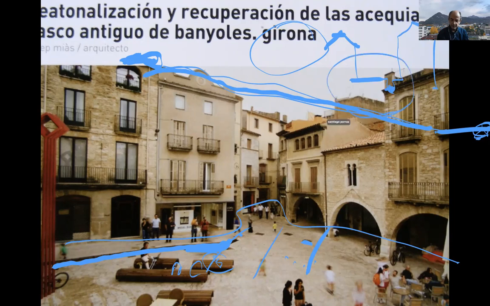And in many places, this has just been asphalted and put in a tube. But in many other places, it has been just open and left as a part of the city, because that water is not stained anymore. People now all have washing machines. I have seen people washing clothes outside until the 1980s in some rural areas, but not anymore. But the sound of water and the presence of water is always quite unique and quite rewarding in a city.